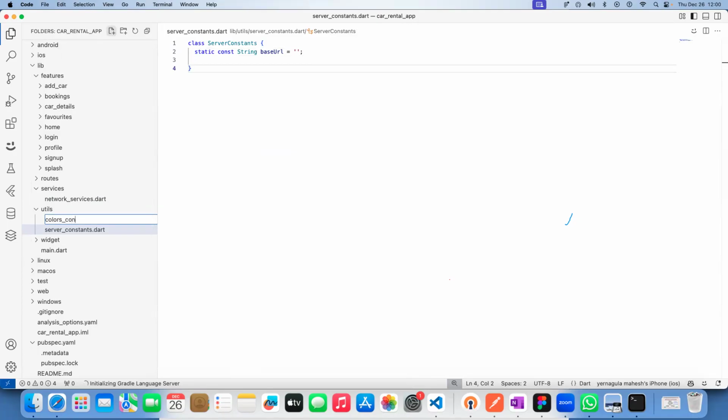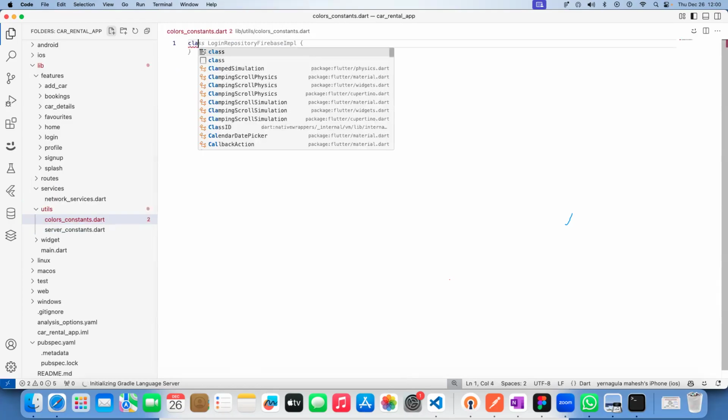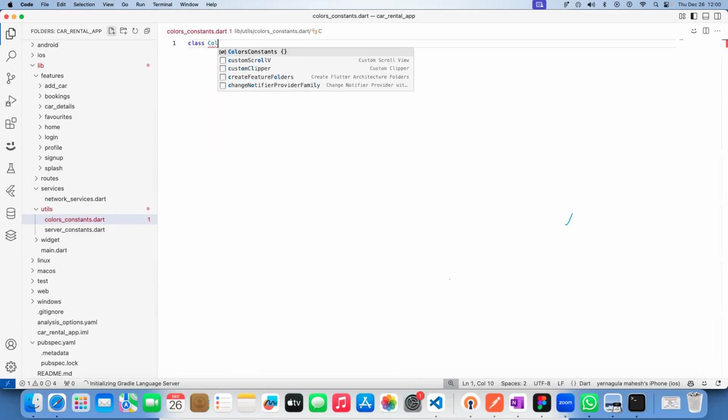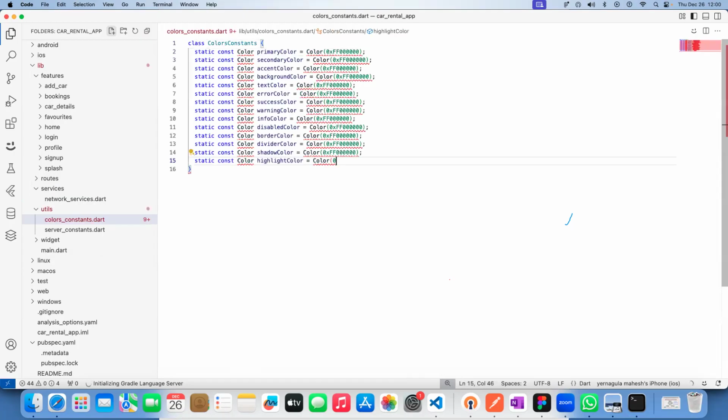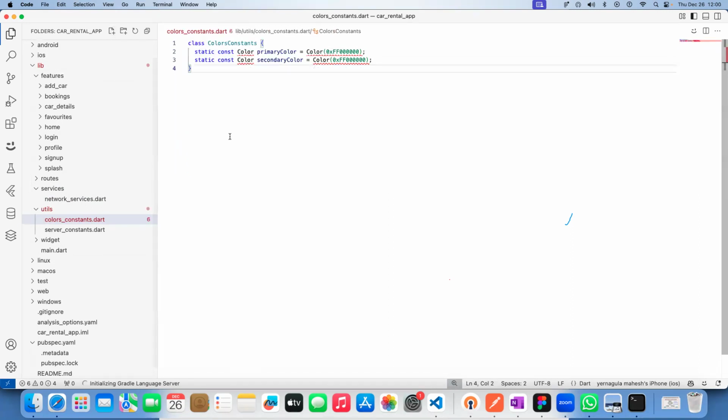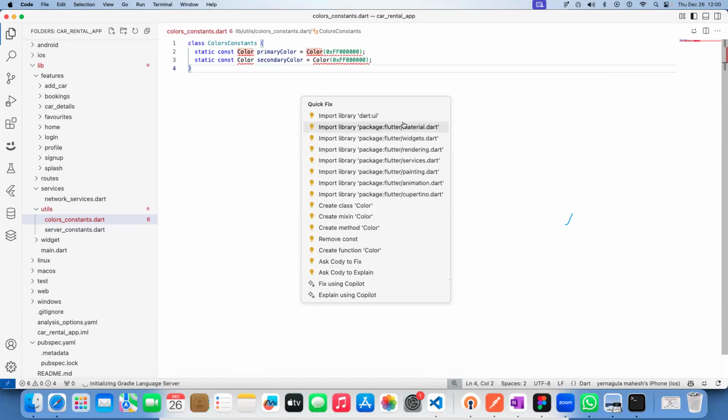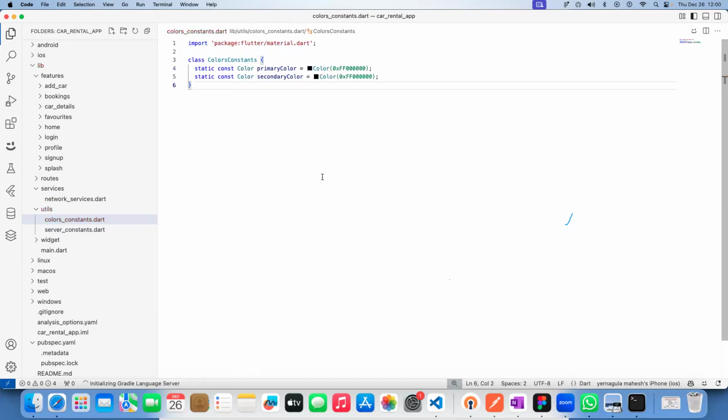Okay, colors. So here class. Okay, here maintain like this, primary color or secondary color or whatever it is. Based on our requirement, we'll use these colors and import from the material. Clear? So now our color is blue as per the requirement. In the future, maybe the color will change. Just change here. It will affect all the places where you use it. If you want to refer to this primary color or secondary color too,